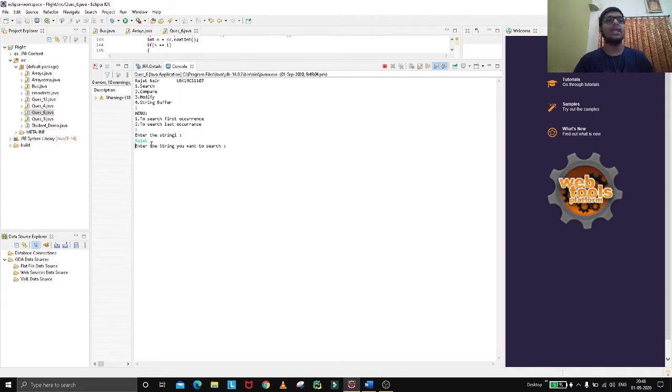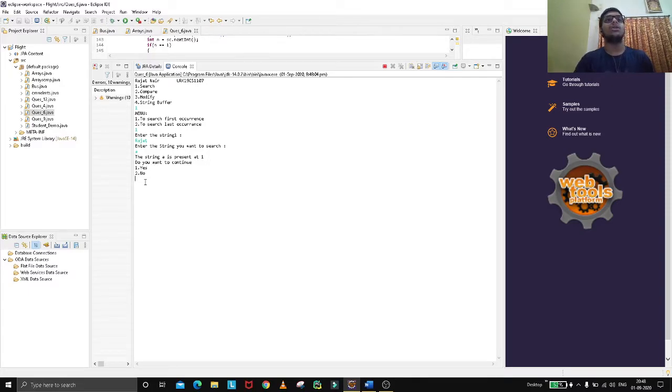If I provide my name Rajat and the letter A, because A is coming 2 times, it will give the index value, which will be 1. Indexes go 0 1 2 3 4, because it's a 5 element name, and the index goes up to n minus 1, max size minus 1. A is coming 2 times, and the first A is at index 1, so it will provide 1.